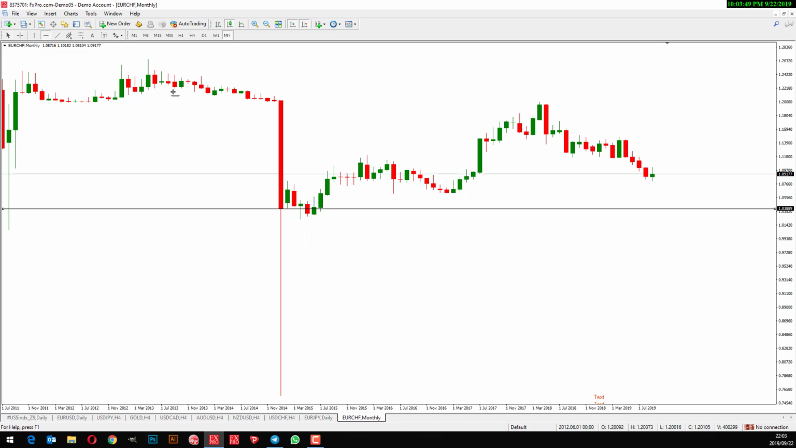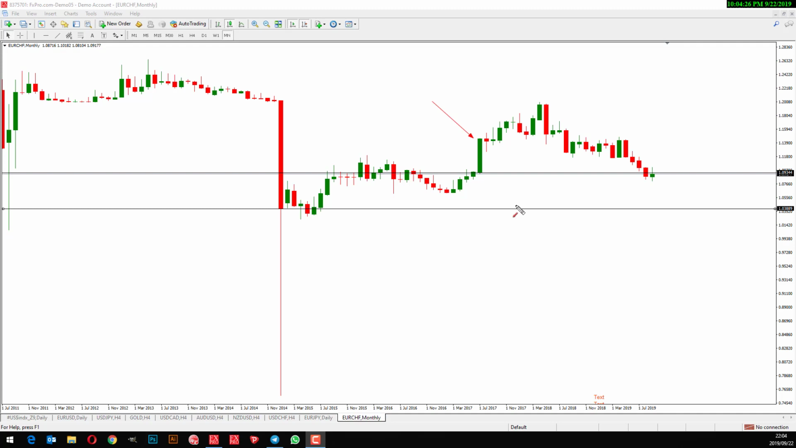Next area that I'm going to highlight is this area here. The reason being, that was the origin of a strong demand zone. You see, we had a strong demand that originated here on this candle here, right? So now that I've highlighted those 2 zones,